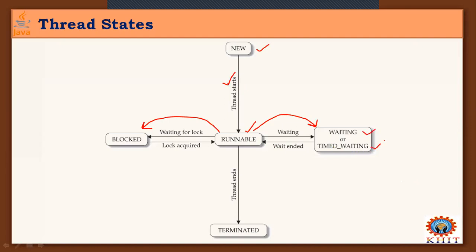Waiting and timed waiting are based on time or on non-timeout versions. But whenever it is blocked, it is waiting for a particular lock to be acquired.